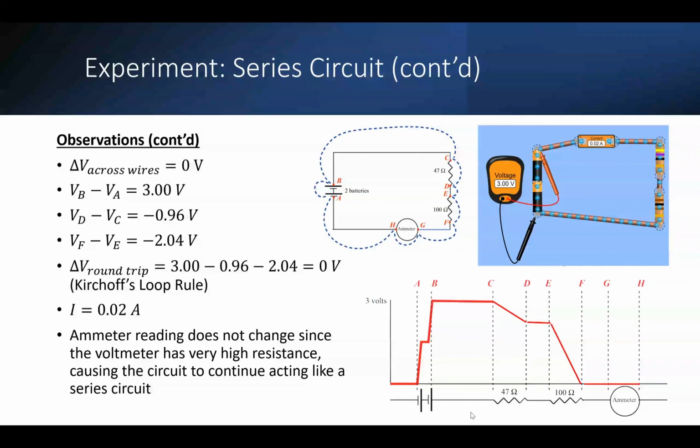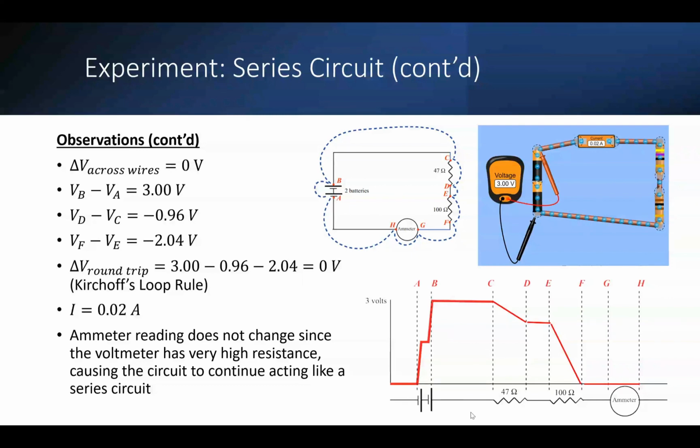I then measured the potential differences across various points of the circuit and found that delta V across all wires was 0 volts, for example, from B to C. Delta V, or the potential difference between A and B, was 3 volts due to the two batteries in series. The difference between C and D was negative 0.96 volts. The difference between E and F was negative 2.04 volts. The delta V for the round trip was found to be 0 if you add everything up together,